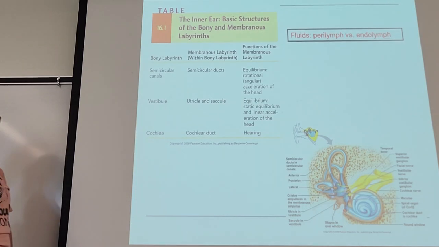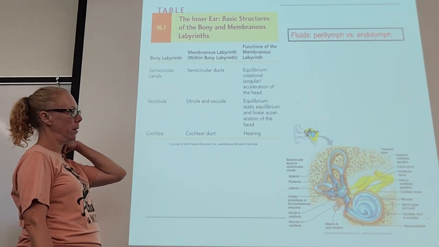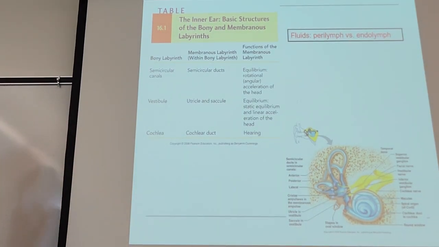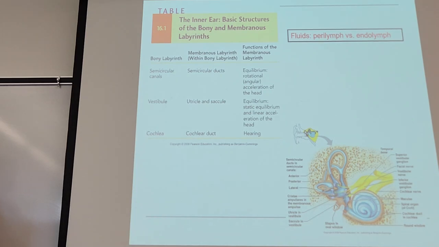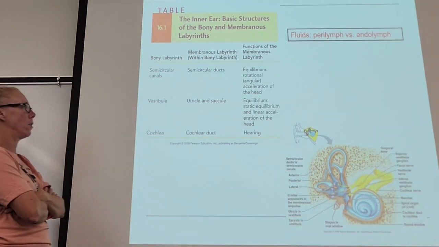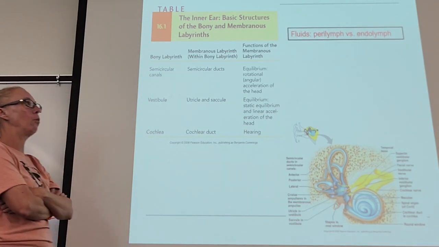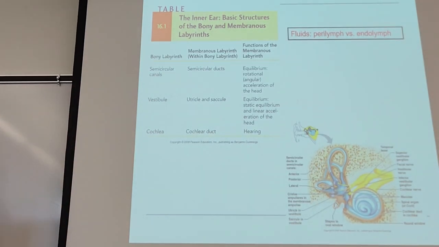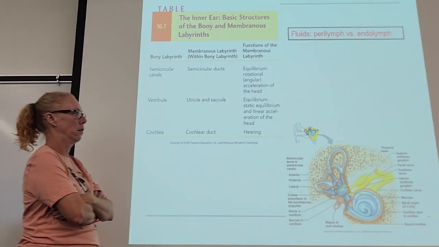All right, so the inner ear, we're going to talk a little bit more about in detail. Again, this is going to be a fluid environment. We've talked about a lot of the anatomical structures before, but now we need to know their purpose. Why are they there? What's the function? So in the cochlea,